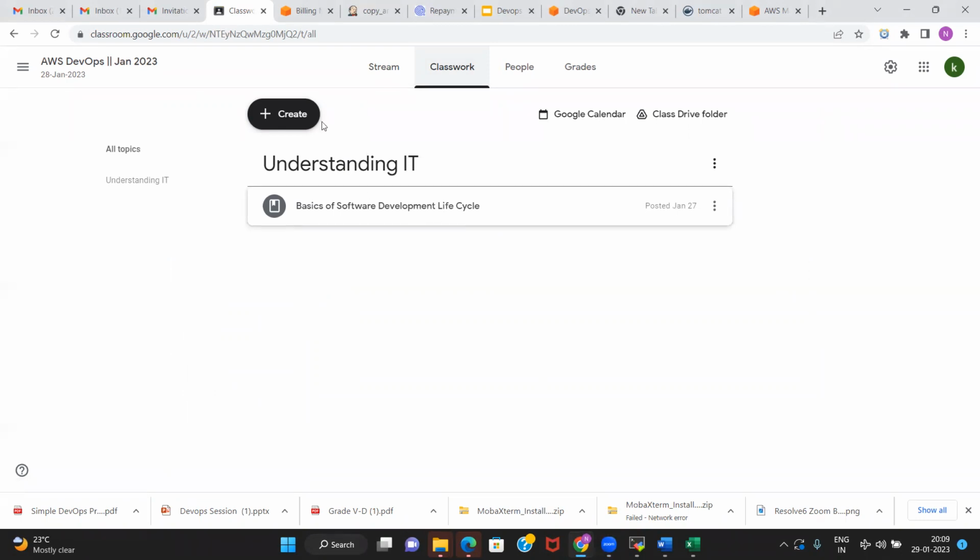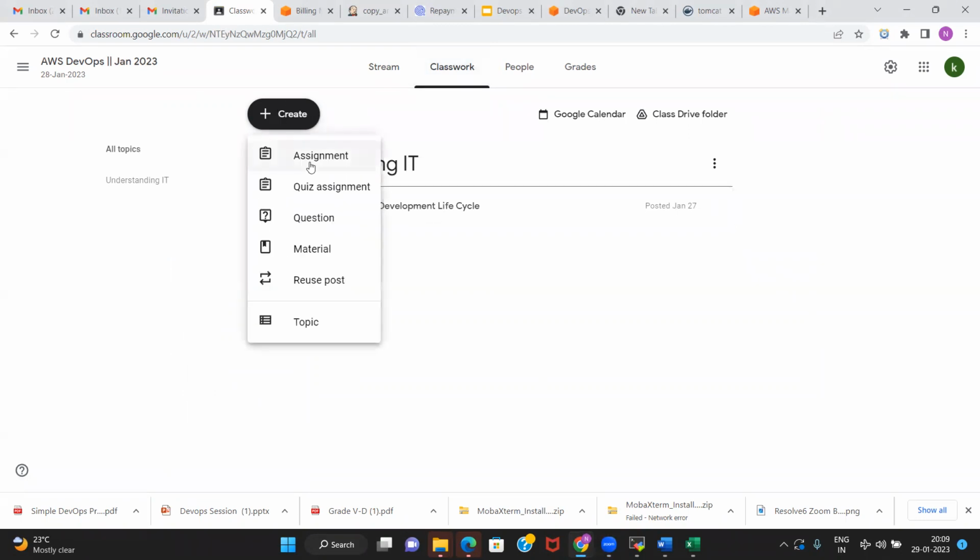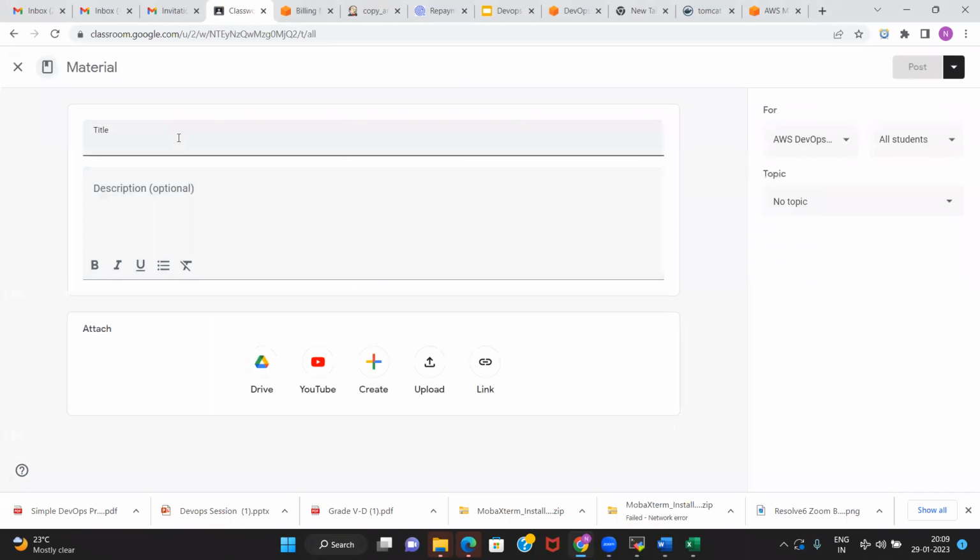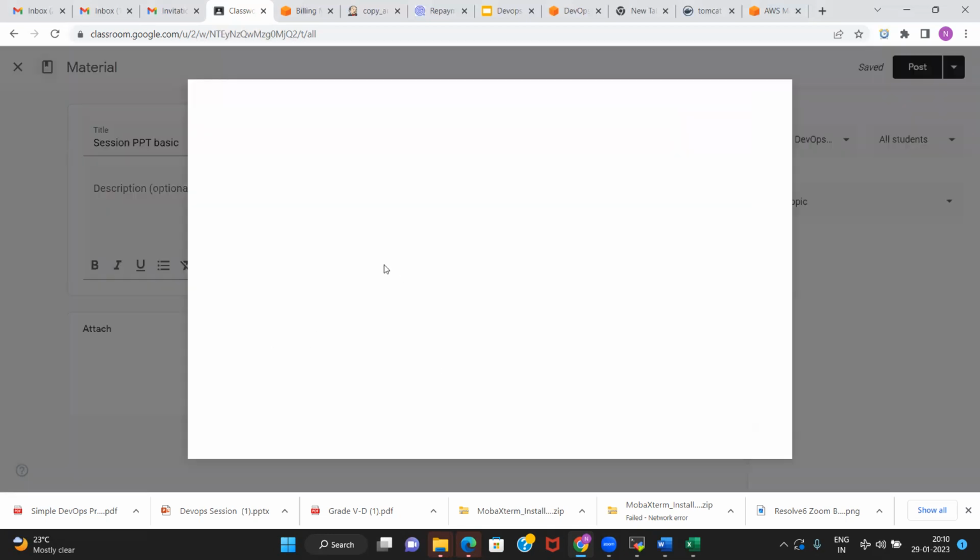Basics of software development life cycle, and then material, and then the session PPT. And then let me upload.